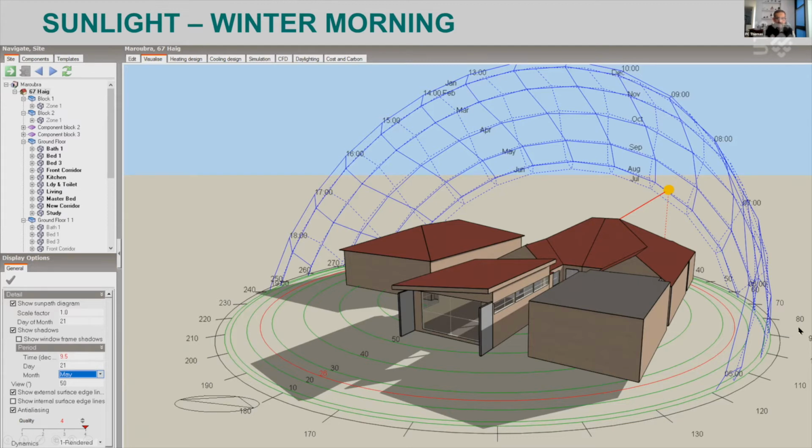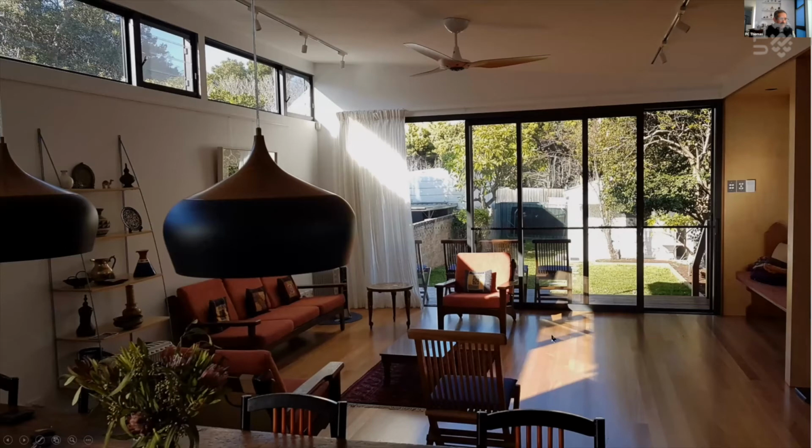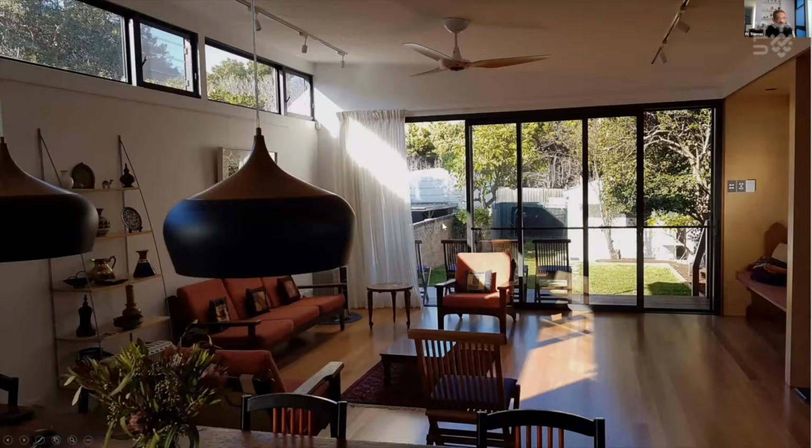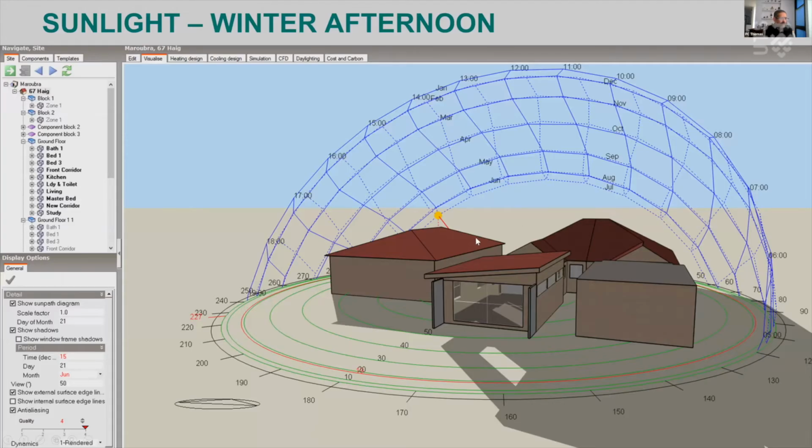And that's because after it was constructed, I took a picture at 9:30 on the 21st of May, and there's my sun patch. It sort of gave us a lot of confidence about our models. You can see the patch there, and you can see what it looks like after. But the reason I did that analysis was actually trying to figure out how many hours of sunlight I would get on a winter day.